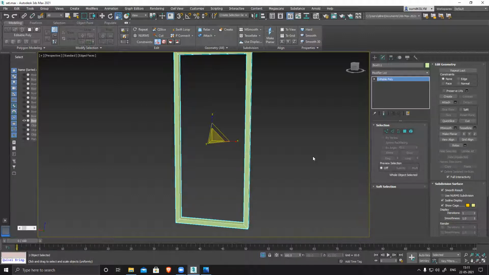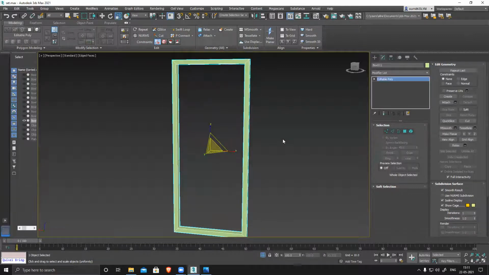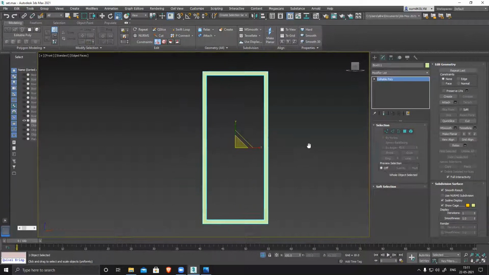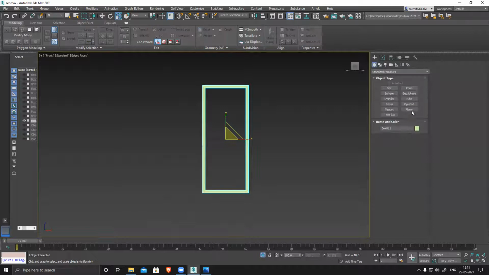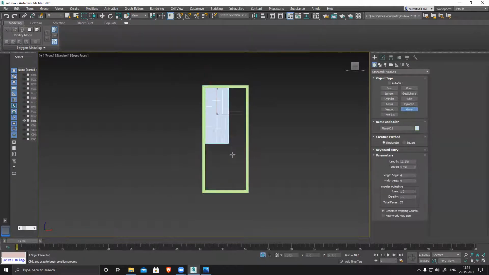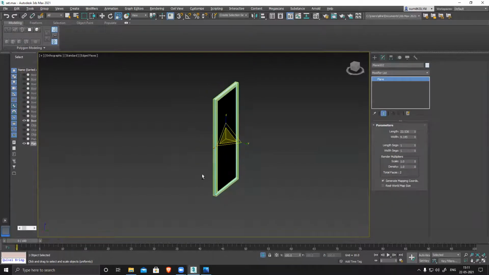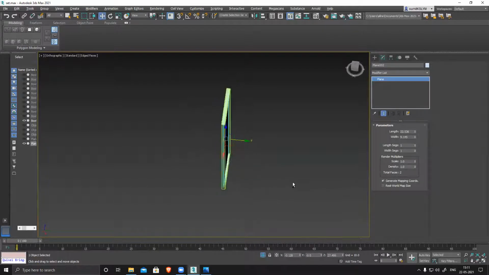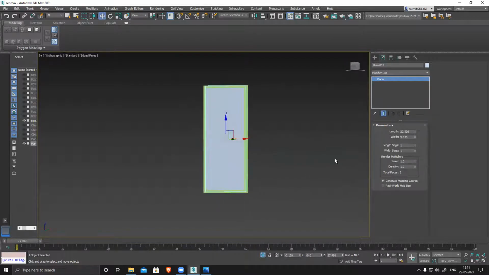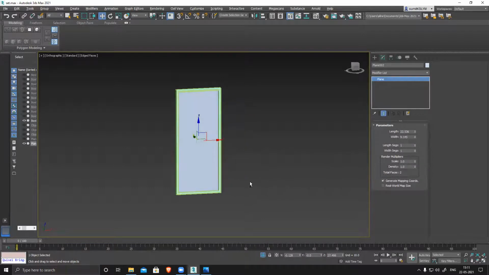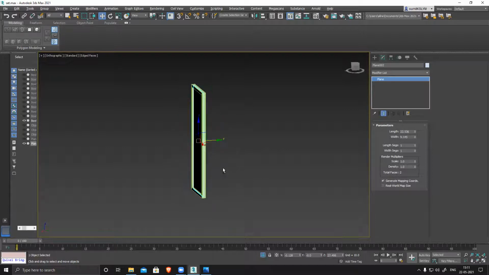We create a plain flat plane, just a plane, front plane, that's it, just a plane. So this is how we create this thing. Just to show you how it works, it's just a basic plane, but